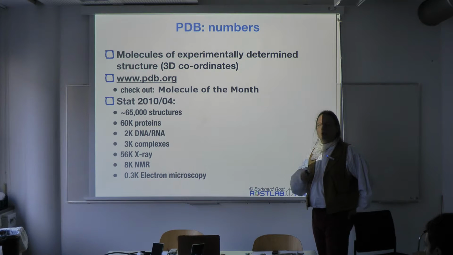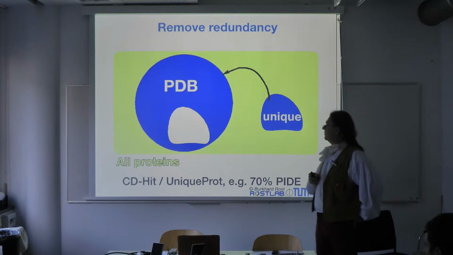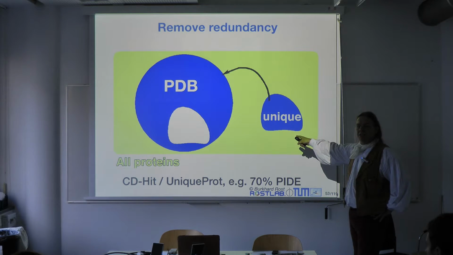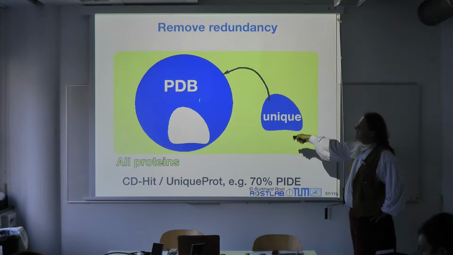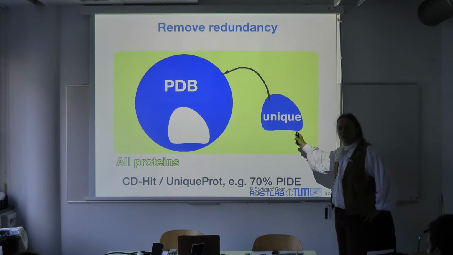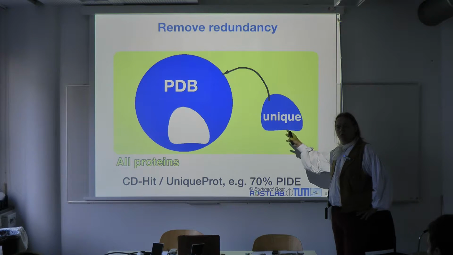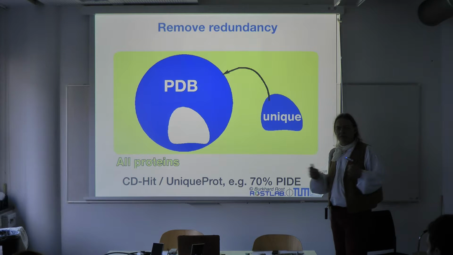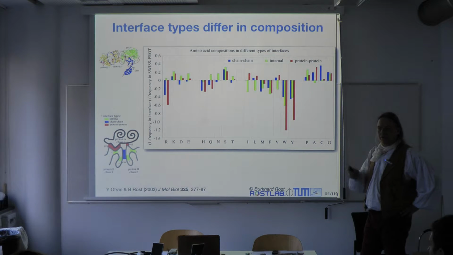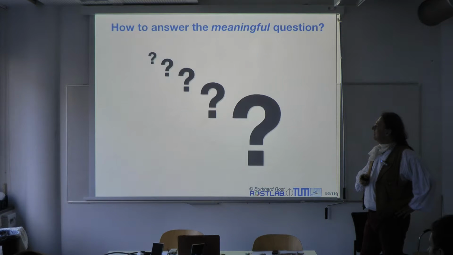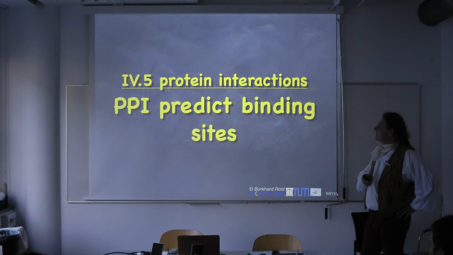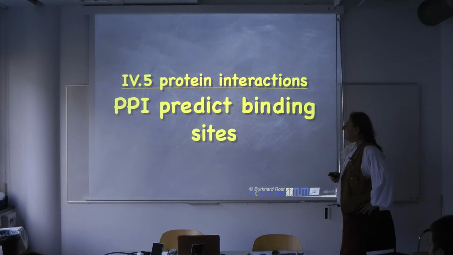Now, how do I get a data set? For that data set, I take the entire PDB, then I have to look at a sequence unique subset, and then do a sequence unique subset against the PDB. Well, I don't have to do that for the entire database, but only for the proteins for which I have interaction data. And then I get these, and I showed you that. Those came, in fact, from the question, is it significant? I showed you in a way in which we can show that it's significant. But now,